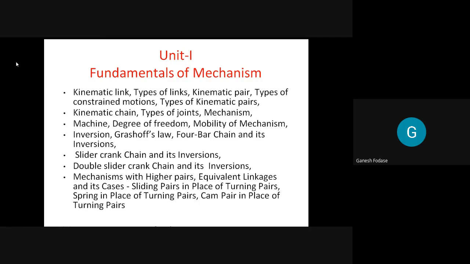what is kinematic link, types of link, pair, types of motions, then chain, machine, mechanism, inversions of mechanism, then inversion of 4-bar chain, inversion of slider crank chain, and inversion of double slider crank chain. And at the end, we have to discuss concept of mechanisms with higher pairs and then concept of equivalent linkage. So this is our complete syllabus for unit number 1. We'll discuss one by one